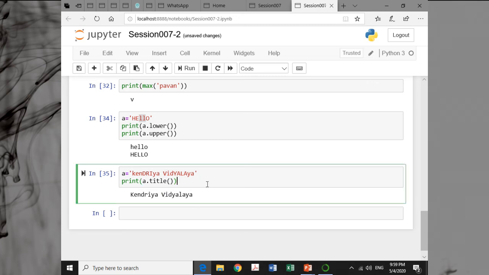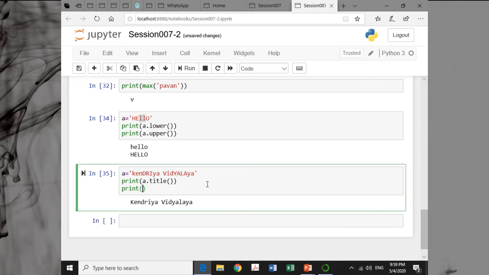And similarly we can use the capitalize. Say if I am saying print A dot capitalize. So this capitalize function is similar to title case, but in title each word will have first letter as capital letter, but in capitalize only the first character of the string will be capital and the rest of the characters will be small. It means in capitalize case we will also convert it to small letters.